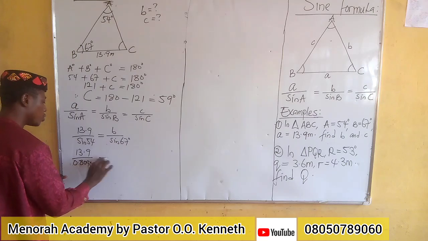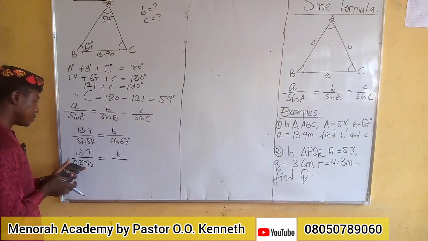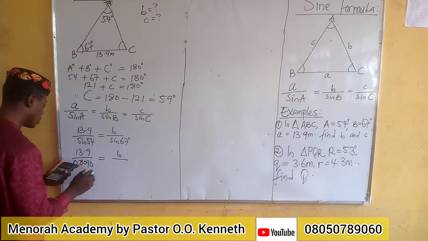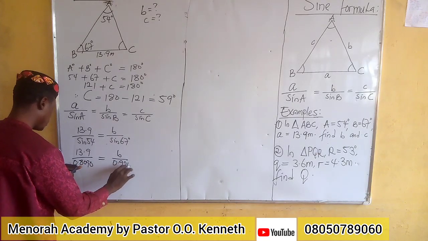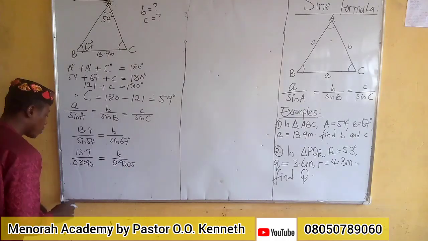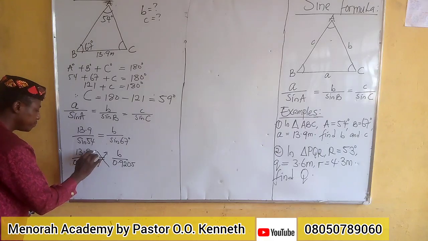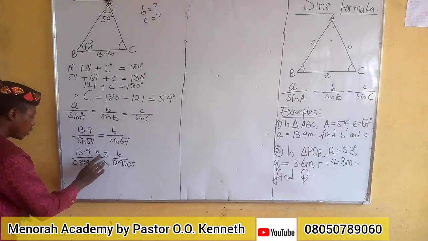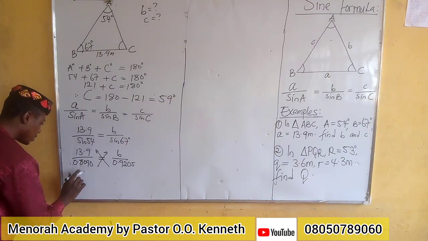0.8090 equals our B all over sine 67. Sine 67 is going to give me 0.9205 to 4 decimal places. Always take them to 4 decimal places, okay? Alright, now you can cross multiply. By the time you cross multiply, you are going to have B times 0.8090